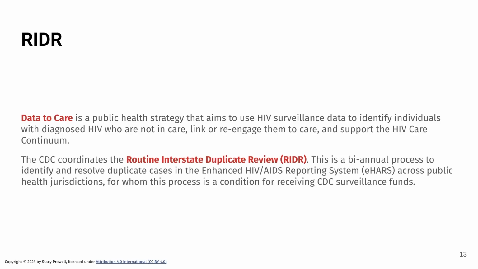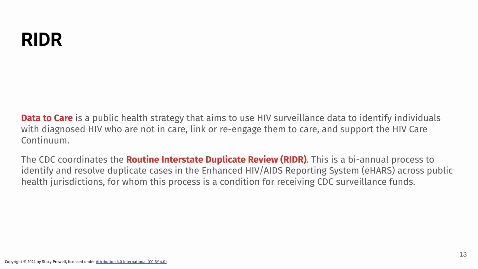And that takes us to data to care. That's a public health strategy that uses HIV surveillance data to identify individuals who are not in care and re-engage them with care, okay, and to support this whole HIV care continuum, right? States can receive funding from the federal government to do stuff like this, but they have to connect individuals to the care that they need, right? And so they have some data that tells them who has this issue, and they're able to connect them to care. That's what we want. We want them to be in treatment, getting medicine,